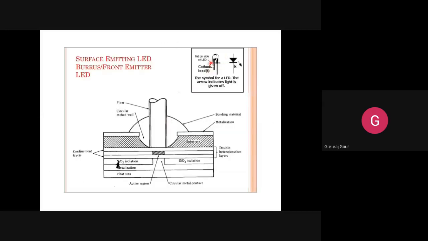Later, the width slightly increases for the lower three layers, and the middle substrate is a bit wide. I will also give you the reason why it is kept wide: to form this etched well, to dig this well where your fiber is to be inserted, or to make a provision to be connected as a connector. So they wanted this etched well kind of structure in this surface emitter. It actually looks like this.